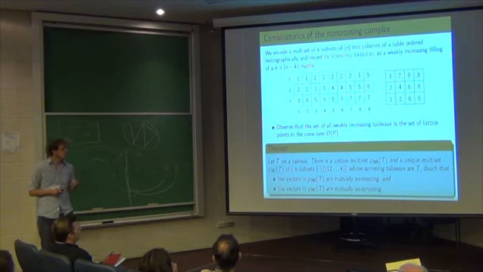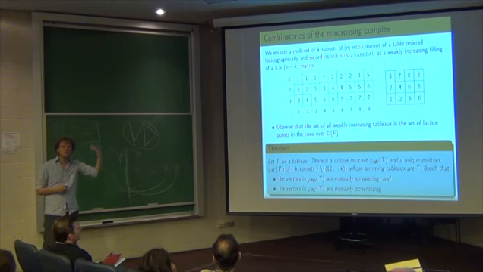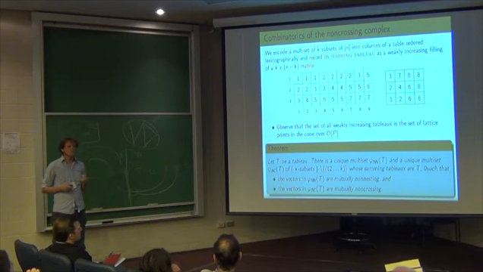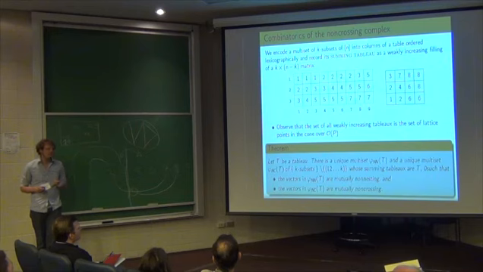And the reason for that is the order polytope, remember, is the convex hull of the order filters. So a lattice point in the cone is just a weighted sum of order filters. But an order filter is just an upper part in this poset here. So if I take a weighted sum of them, I'm getting exactly all tableaux that are weakly increasing along rows and columns, starting from the bottom left.